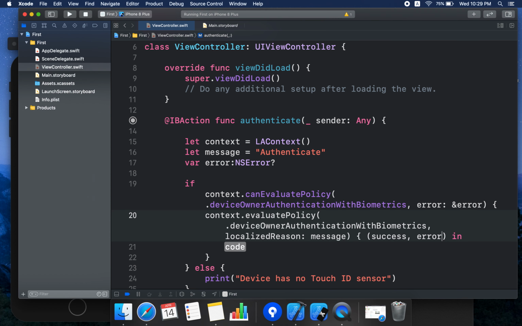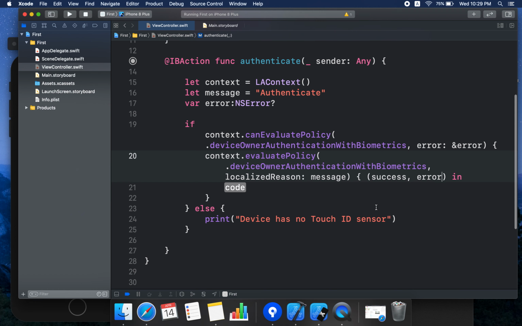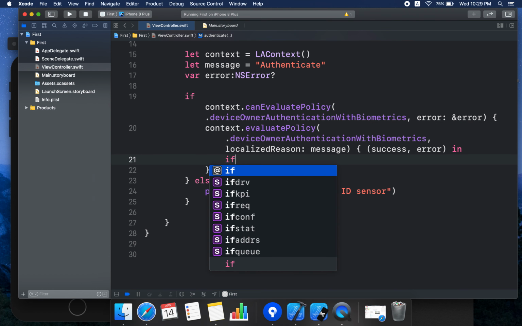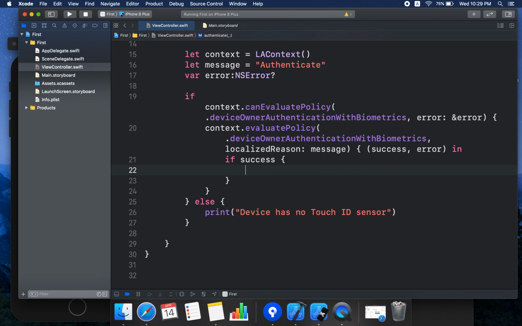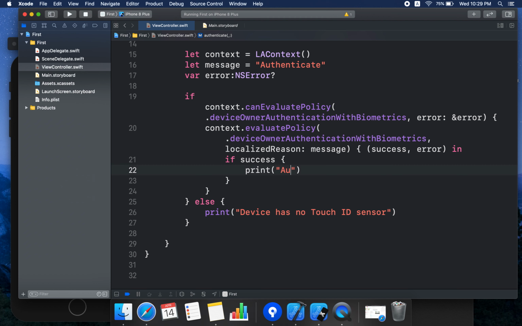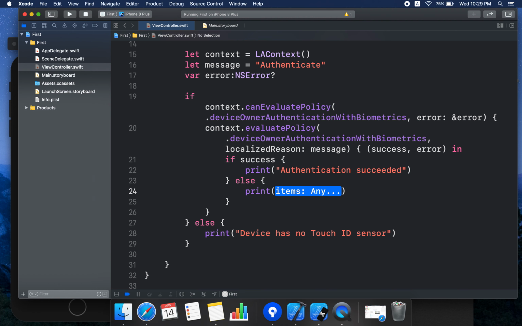When we get an error, we also have an instance of error so that we can do something according to it. All right, so what shall we do if success? As of now, to keep this tutorial simple, I'm just going to print authentication succeeded, and if not, we print failed.